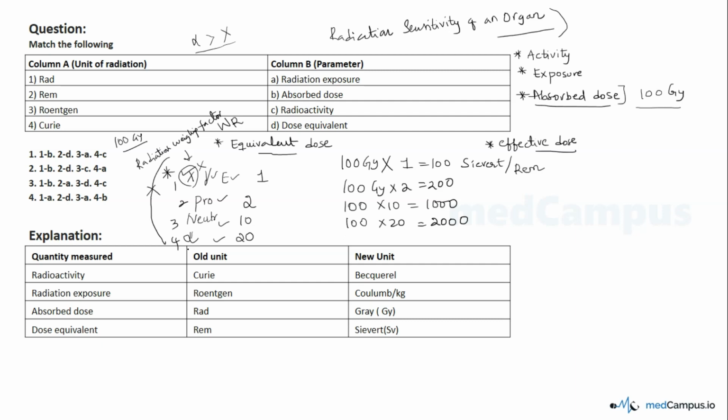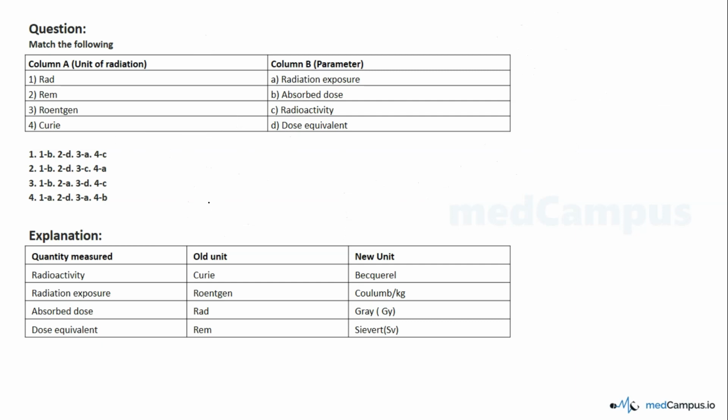Okay, so let me come back to the question again, then we'll go into the effective dose. Here I am only looking at equivalent dose, and the equivalent dose SI unit is sievert and non-SI unit is Rem. So what is the final answer? Option 1 is B, option 2 is D, option 3 is A, and option 4 is C. So we're done with this, and you know the conversion rates. 1 curie is equal to 3.7 into 10 to the power of 10 becquerel, 1 gray is equal to 100 rads. Similarly, 1 sievert is equal to 100 Rem.